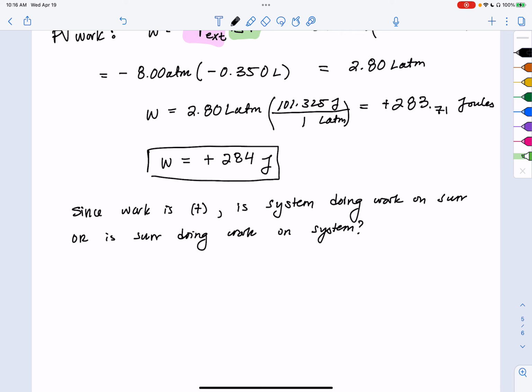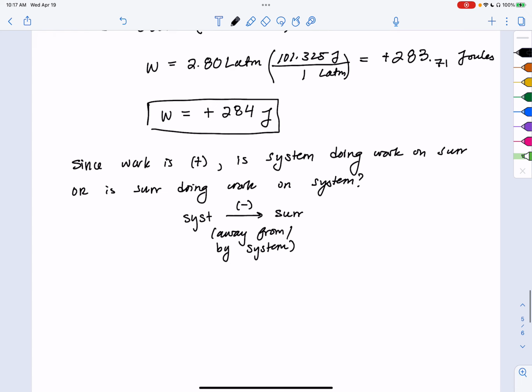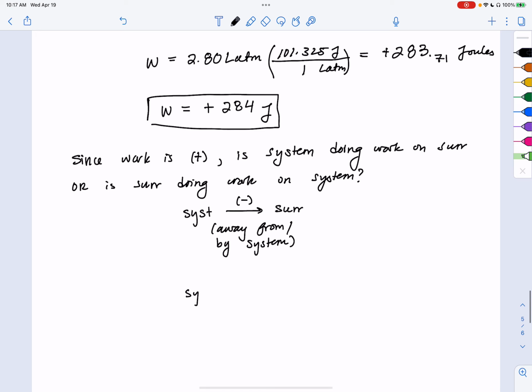So again, anytime we see a negative, that means that we are going from system outward. So anytime we've got system to surroundings, the sign is always going to be negative. So this is away from or done by the system. Anytime it's the opposite, however,